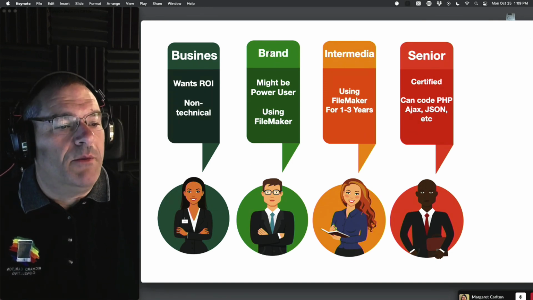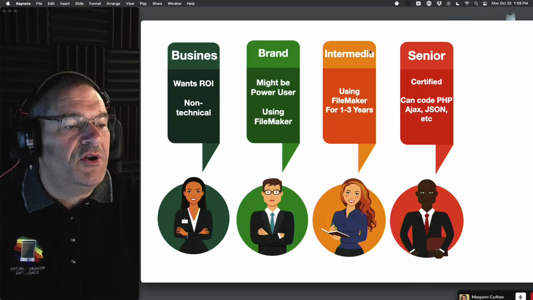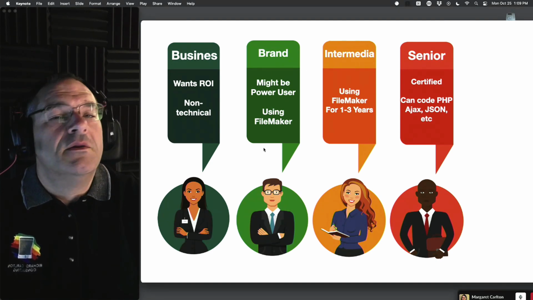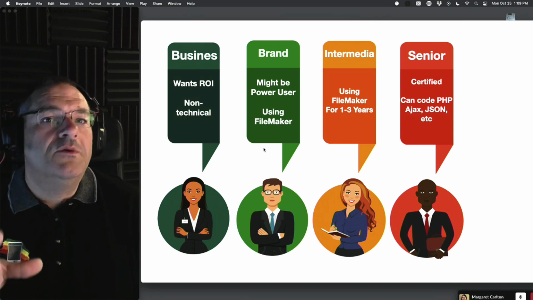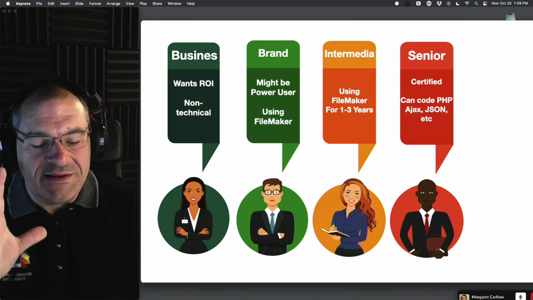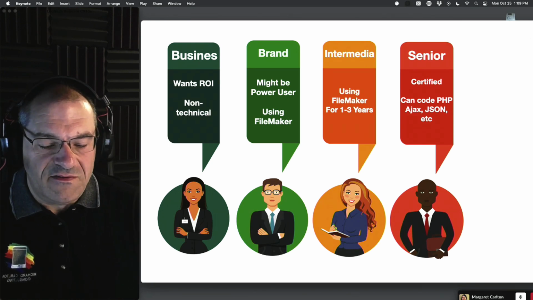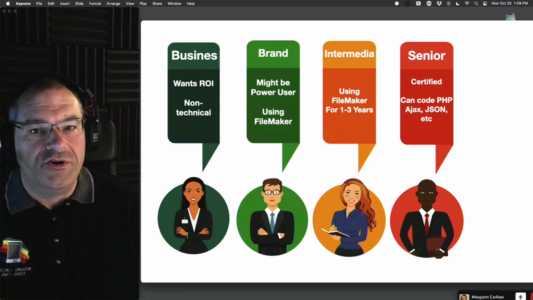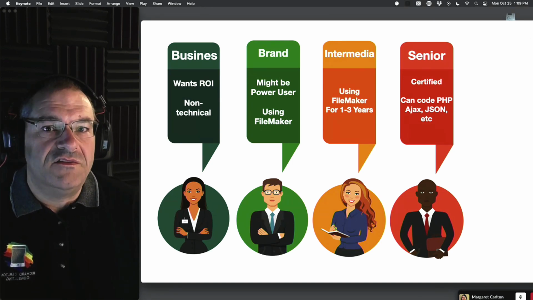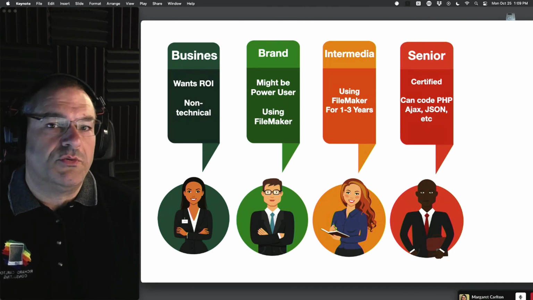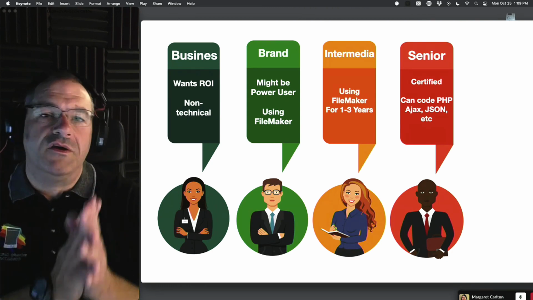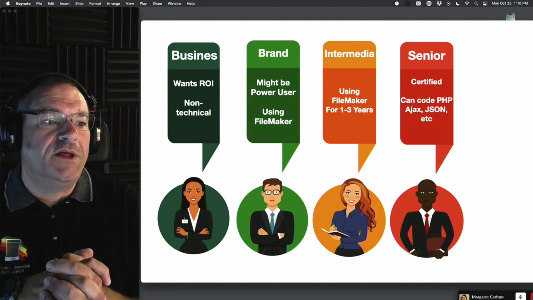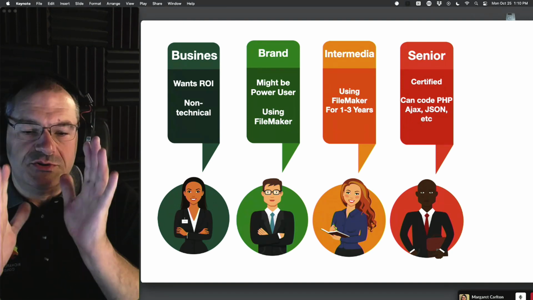Then you got brand new developers. Then we have intermediate developers and senior developers. Brand new developers are the people who are brand new. In fact, I can tell you this conversation today about the licensing part: I have senior engineers at my company who don't fully understand the licensing because it's not really their job. Their job is to build a really great solution, work with the customer, and that's part of the cost of getting the solution fixed and rolled out. But yeah, brand new developers who are just trying to get it to work.